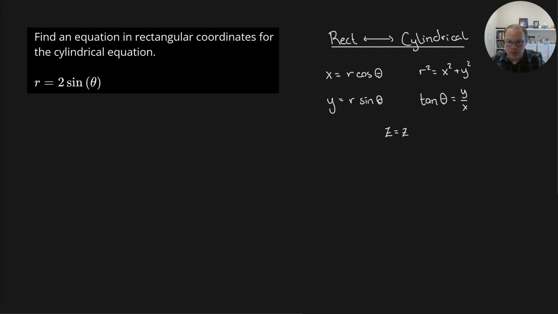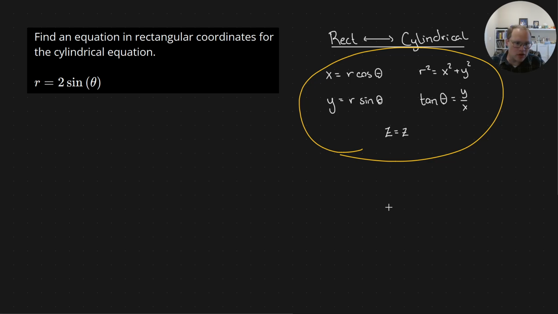This example is similar to the previous one, but it's a little more complicated. In this case, we are converting an equation that's in cylindrical form. We want to convert it to rectangular form. Now, that's harder in this case because we have sine of theta, but we don't have an equation that directly relates just r to our rectangular coordinate variables. We don't have an equation that relates just theta or even just sine of theta to our rectangular coordinate variables,